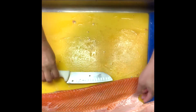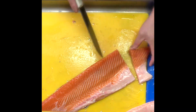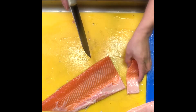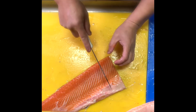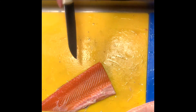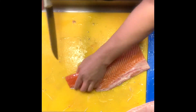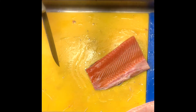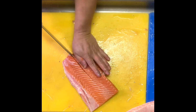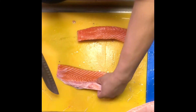So this is the other half on this side. I'm just going to cut that for teriyaki salmon. This is how we do it here. So this is cut out. That's how that is for it. And then at the end too, salmon teriyaki. On here, we could still use it for sashimi for a little bit. And this piece, I'm going to use it for